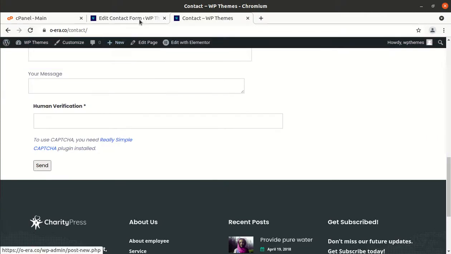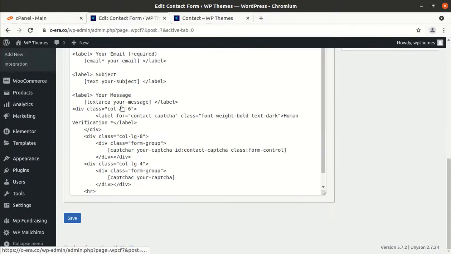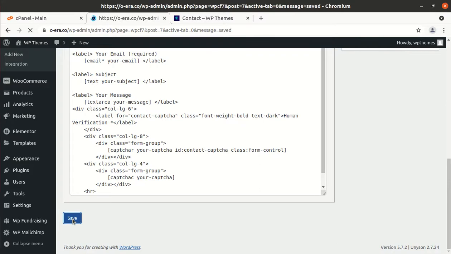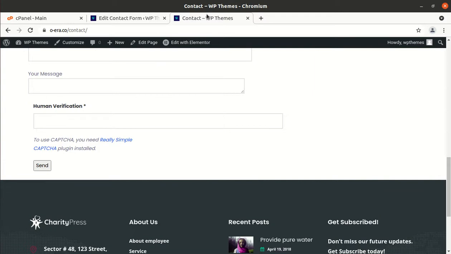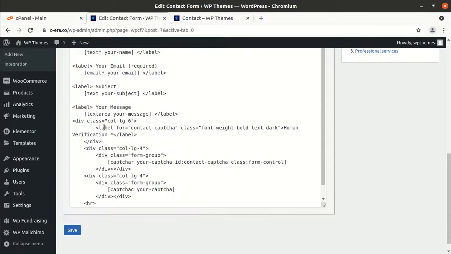Okay. Just need to save. Okay, so the width of this column is now decreased, and you can simply edit the code to change the location.